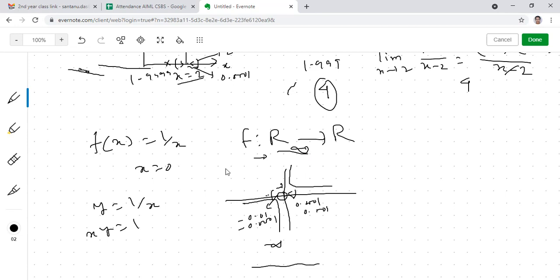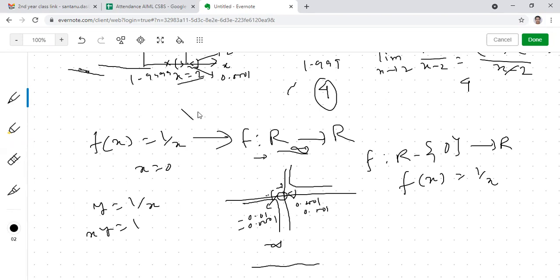Yes, sir. So that's why here we say that the limit doesn't exist. Since the limit doesn't exist, if I consider this as the domain, the function will not be valid. So here I need to modify the domain, and I can define the domain as R minus 0. Then f(x) equals 1 by x will be a function. But if we define this function on the original domain, it will be an invalid function. Okay. Is that clear or not?